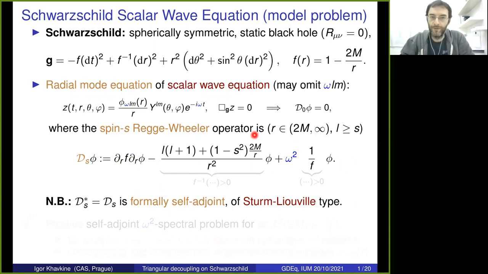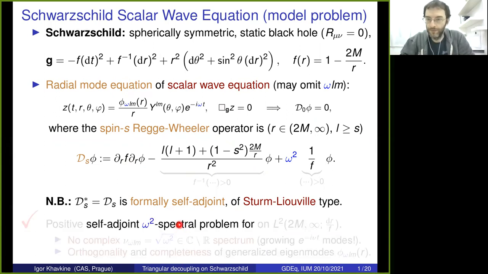So the radial mode equation for the scalar wave equation happens to be the Regge-Wheeler operator with s parameter, called the spin parameter, equal to 0. And later on, we will encounter these operators for spin values 1 and 2 as well. But for now, keeping in mind that this is a standard Sturm-Liouville type operator,